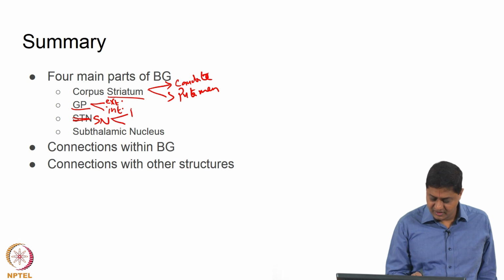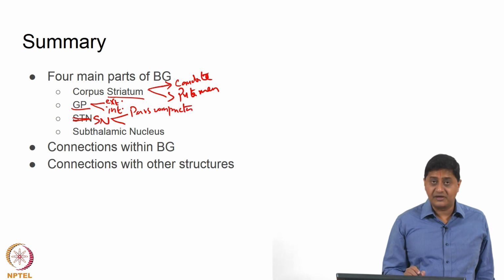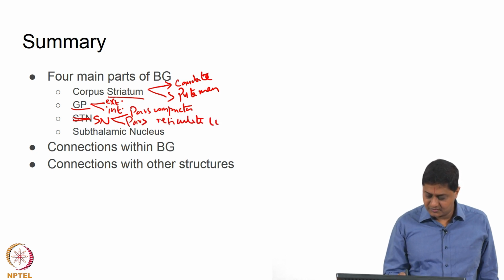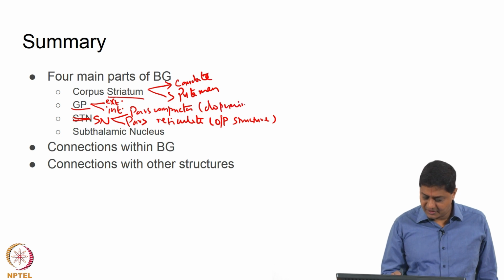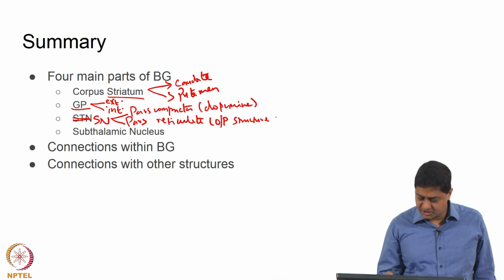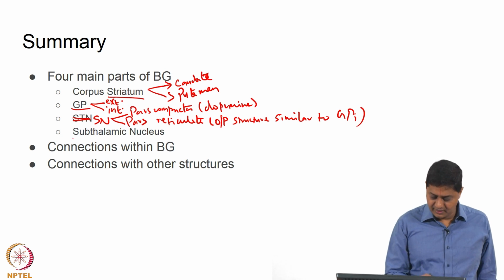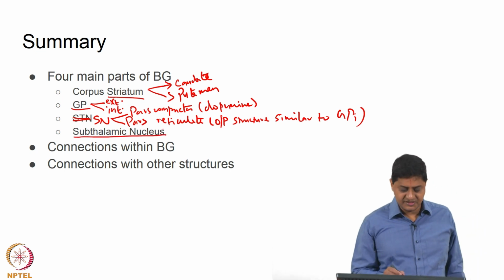This is composed of pars compacta, which is the dopamine producing part of the substantia nigra, and pars reticulata. This is the output structure. Pars reticulata is the output structure similar to GPI, okay, and subthalamic nucleus, and there are connections within BG that